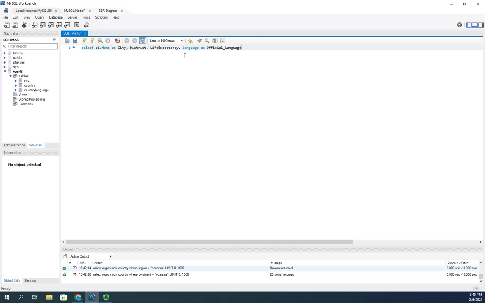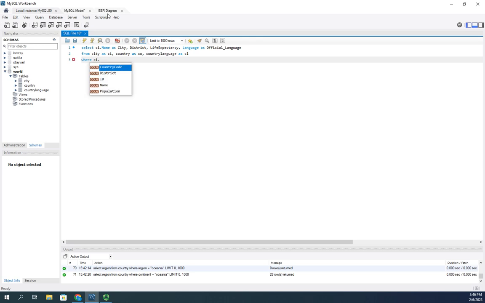Now, I'm going to do this in more than one pass just to make our life easier. So I want this from city as CI, country as CO, and country language as CL. So those are going to be my three tables. Now let's work on our joining. So we're going to join this in the where clause, and I want CI.country code equals